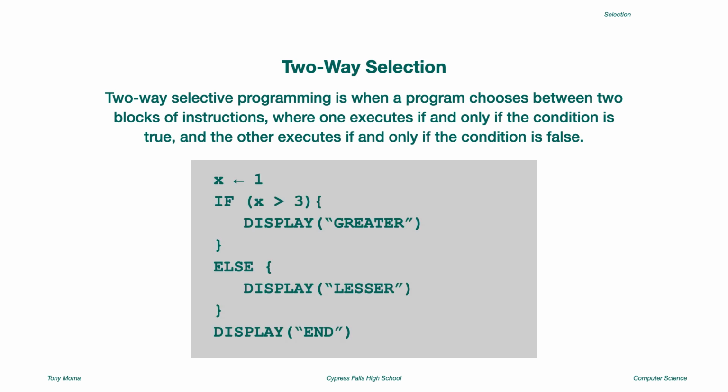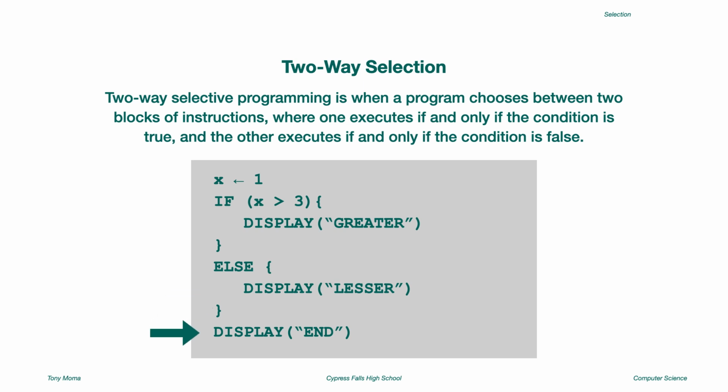Now consider this program segment. Here we declare a variable named x, set it equal to 1. Then in the next line, we state if x is greater than 3, display greater. However, in this case, the condition is false. 1 is not greater than 3. So for that reason, we skip over that first conditional block, then go to the else block. And once you go to the else block, you're always going to execute what's inside of it. So in this case, we execute the second block of statements, we display lesser,